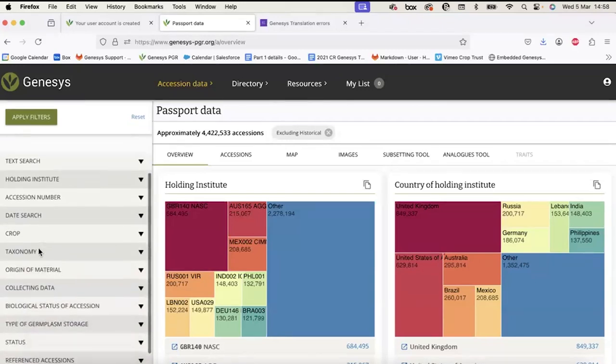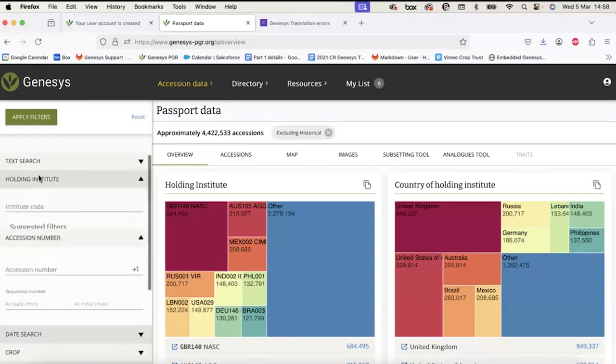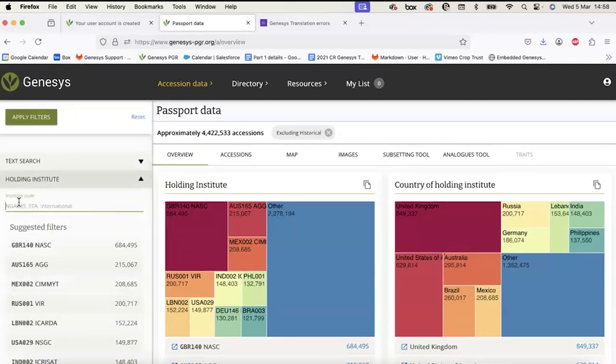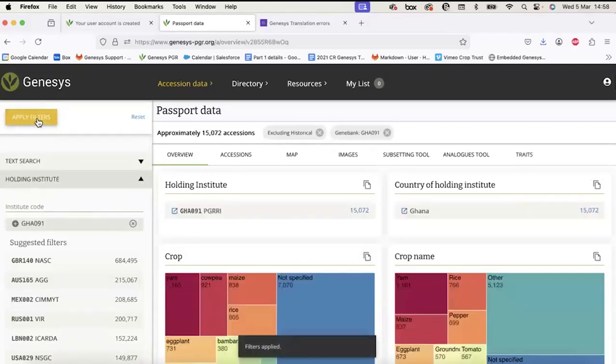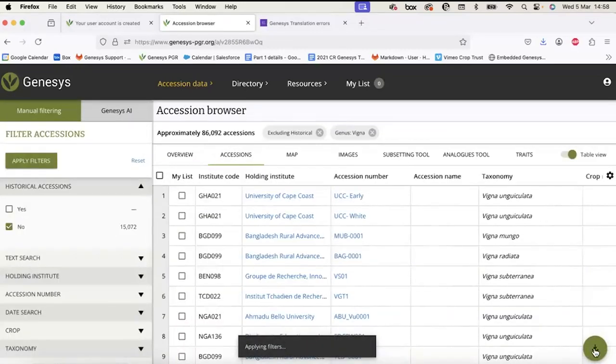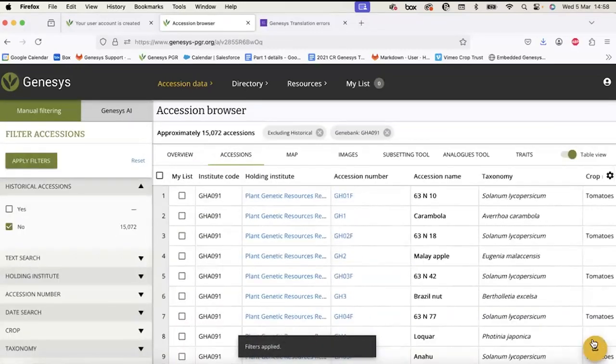So after having filtered or narrowed down those 4.4 million accessions to, let's say, only the ones that are in the National Gene Bank of Ghana, which is GHA091, let's say I want to download all of this information. So what I can do is click on this accessions tab, and you see here the radio button that is in green